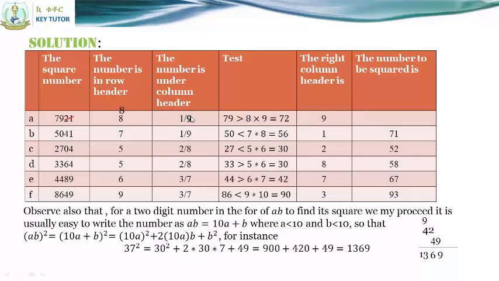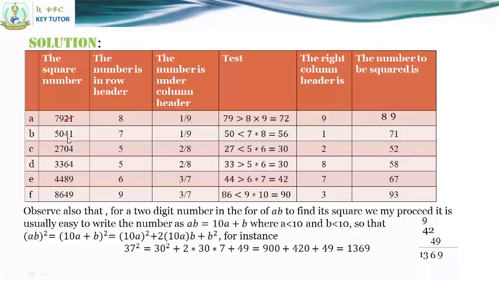So what happens is, first you take 8 for the row, next you take 9 for the column the number belongs to, which means 7,921 is 89 squared. So the number to be squared is 89. Likewise, taking